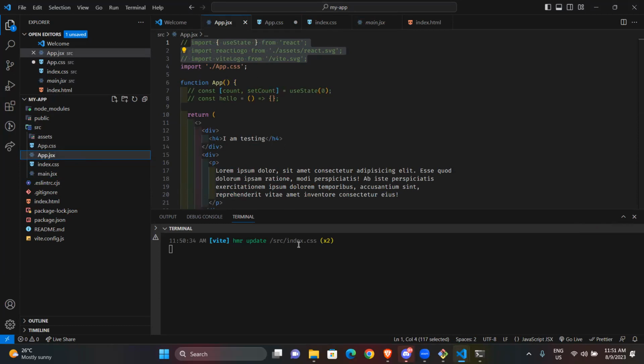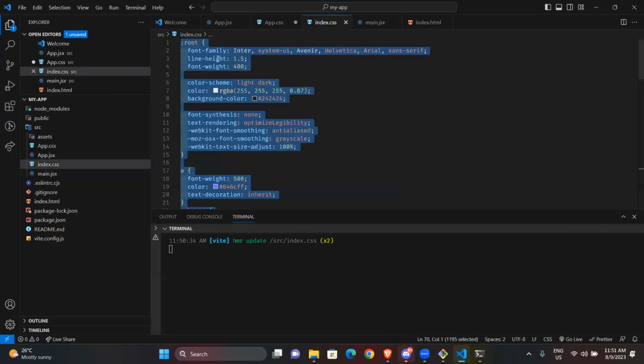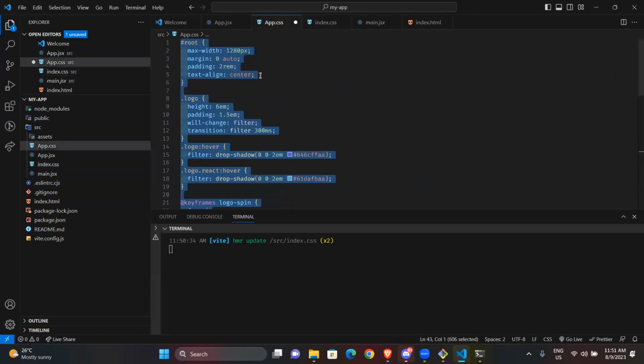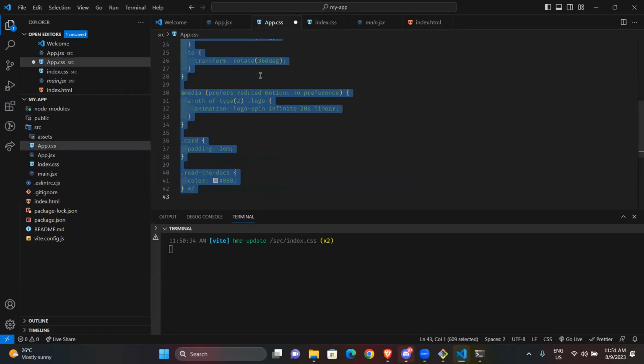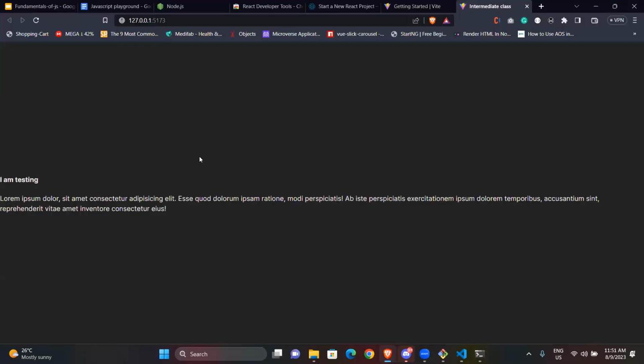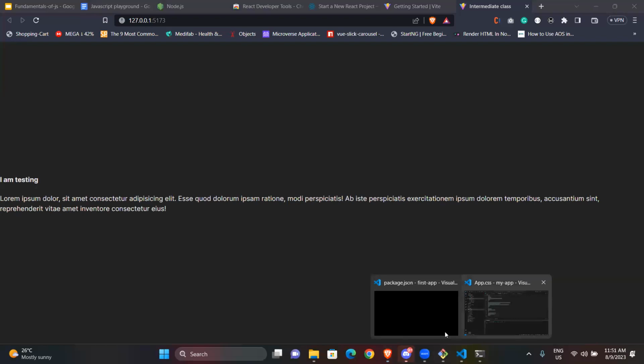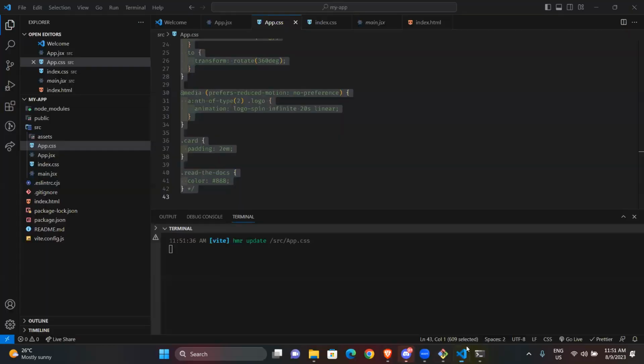One dominates another. Yes, the index.css dominates. That's why when I deleted this, you still have this dark background. I don't think it might be very necessary.